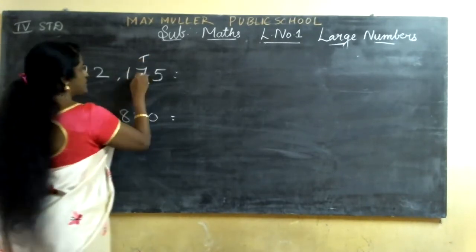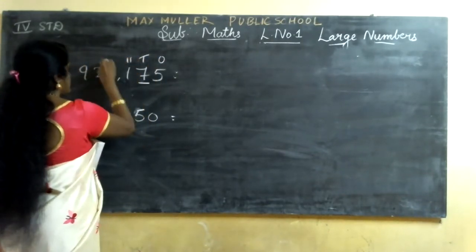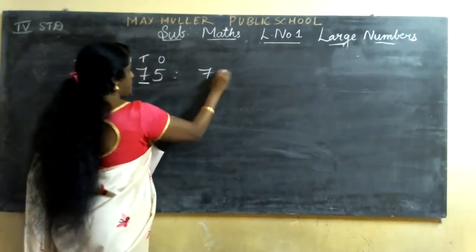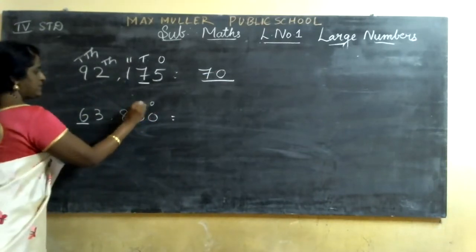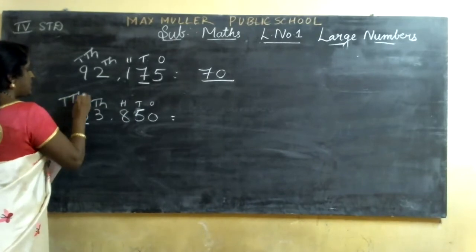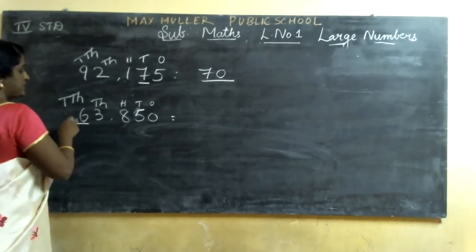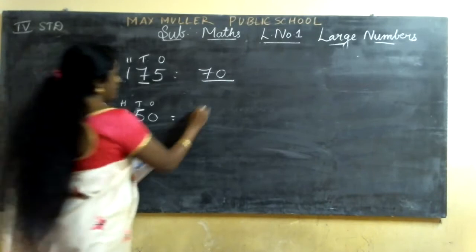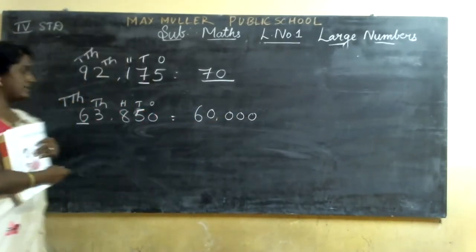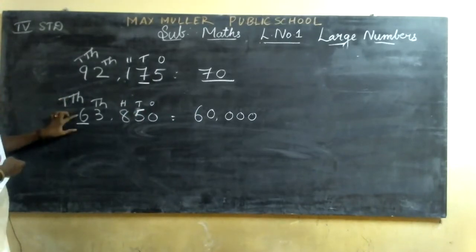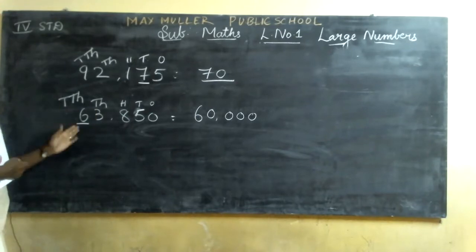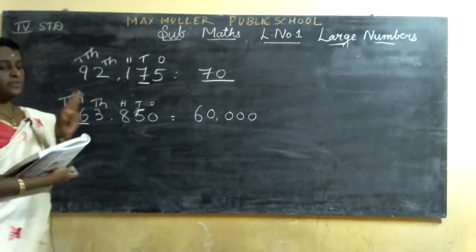So this is in the tens place. Ones, tens, hundreds, thousands, 10,000. So tens place 70. In the 10,000 place, 6 means 60,000. You should write like this. 6 is in the 10,000 place, so 60,000. Second one,